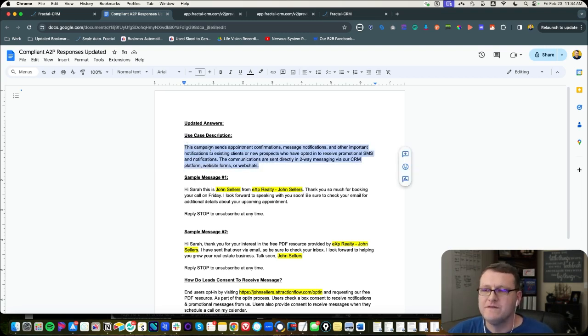I can tell you, when this A2P stuff first rolled out back in October, the first few times I was submitting this, I was writing like an entire page for answers, like 5 paragraphs of detailed information. In this case, it does this. In this use case, it's going to do this. In this use case, it's going to be here. And I kept getting failed.